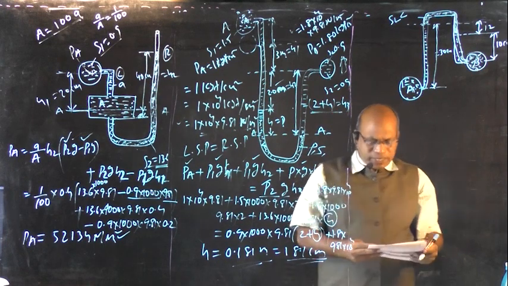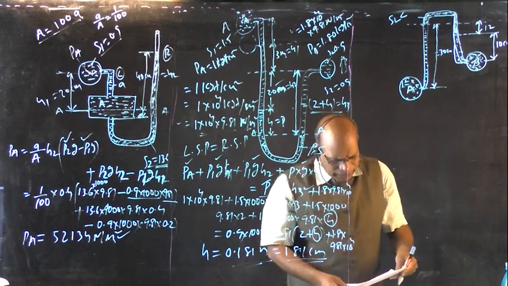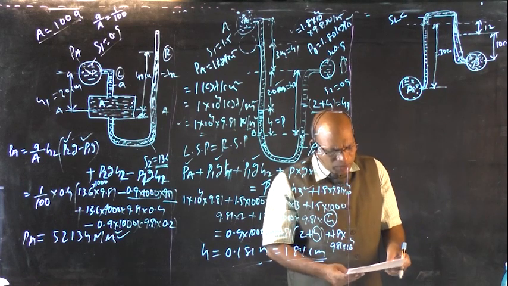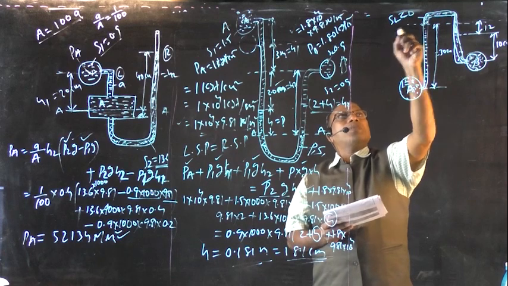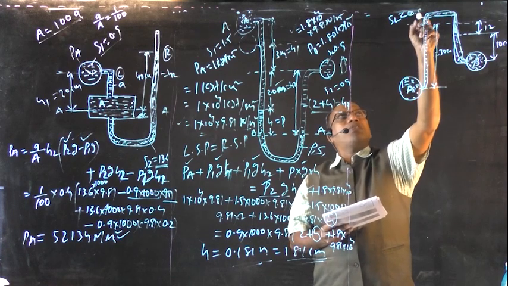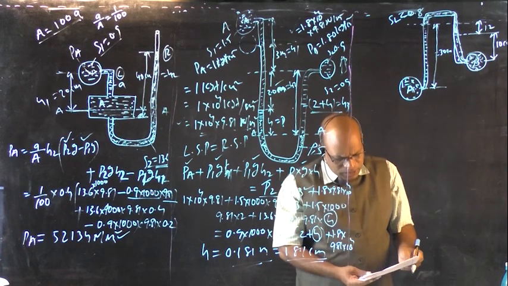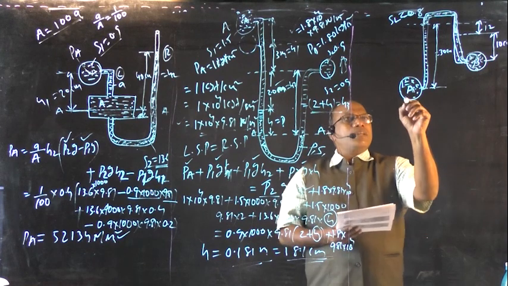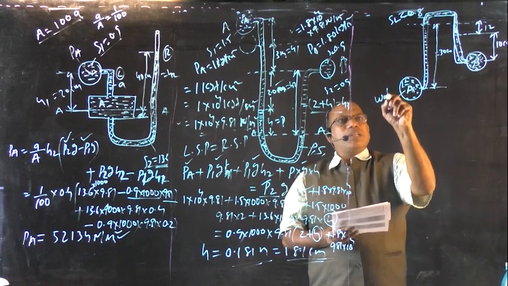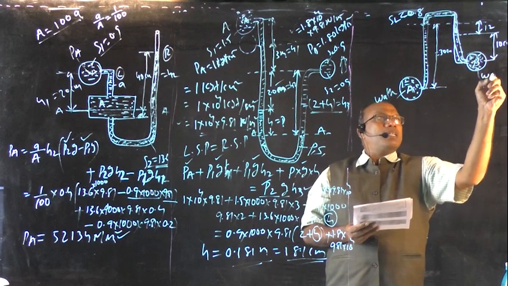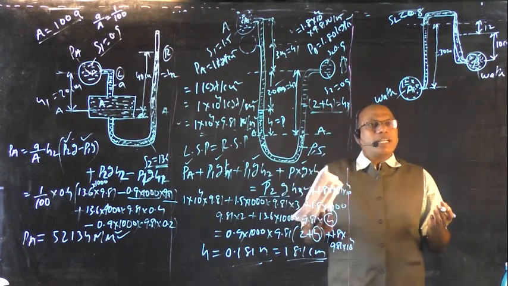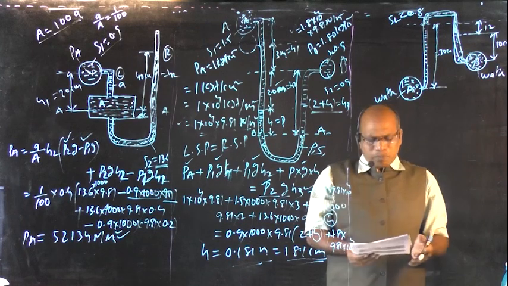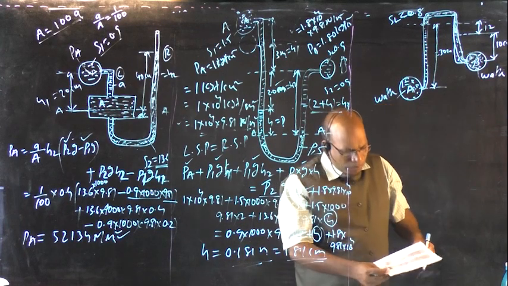Okay. Right. This is the given diagram. The specific gravity of the manometer liquid is given. That is equal to 0.8, and this is the water. So this is also water. If the water means the specific gravity is equal to 1, automatically density is equal to 1000 kg per meter cube. Right, this is a given problem.